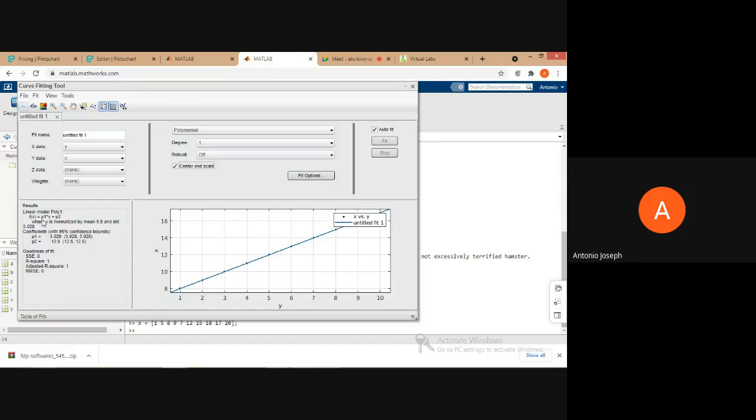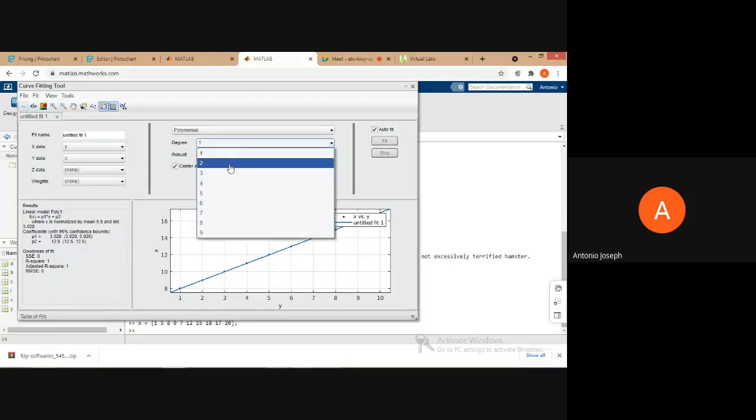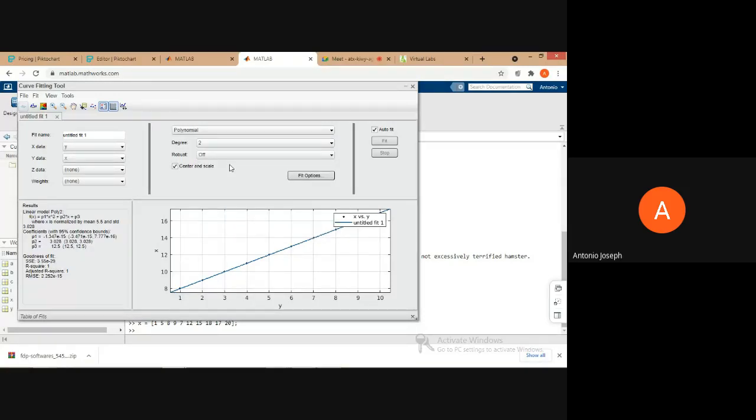It's p1 times x plus p2, and p1 has the value 3, p2 has the value 12. And we can see the results also. Multi-degree equations can be given, the polynomial equations can be given here.